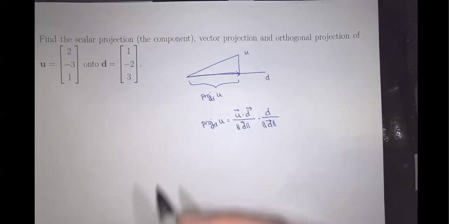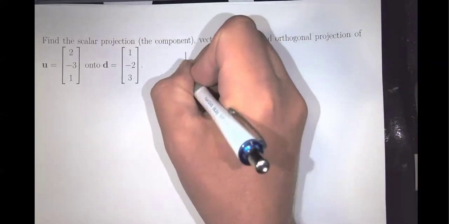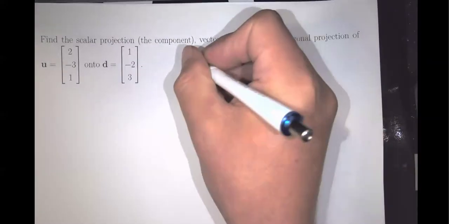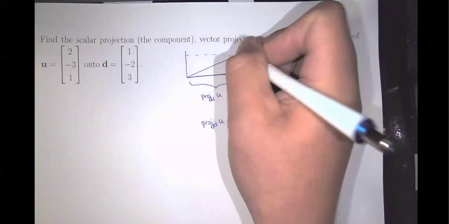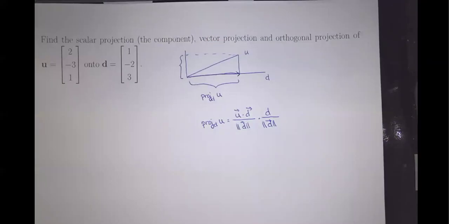The orthogonal projection is the piece of U that's not in the projection. So in fact, it's this length here. Okay. And so that's U minus the projection. Okay, so let's first start with the